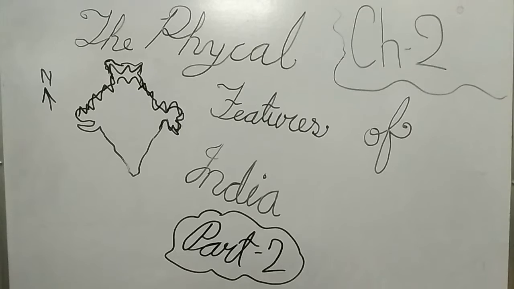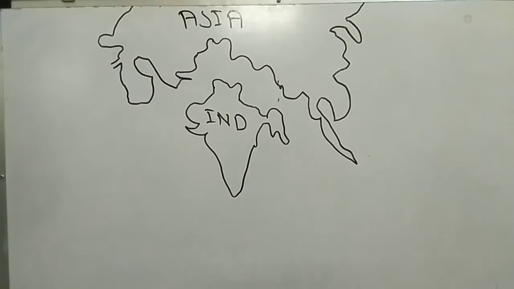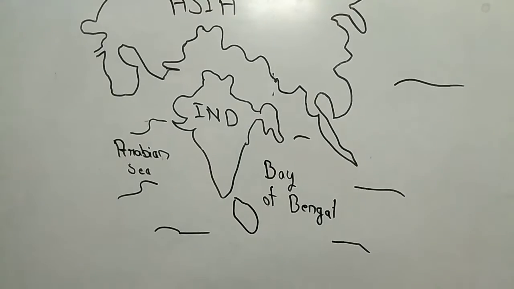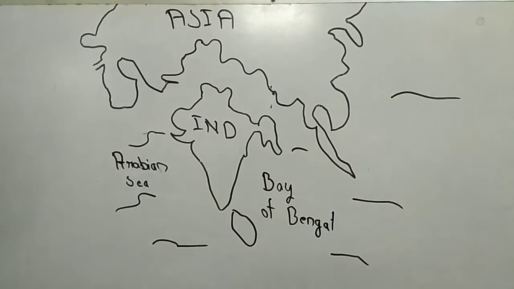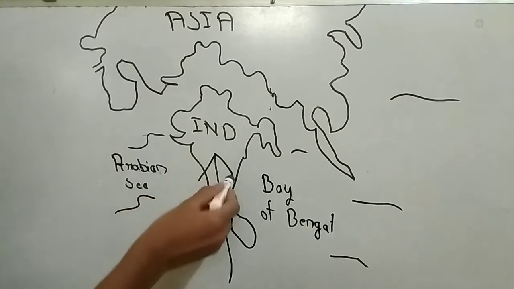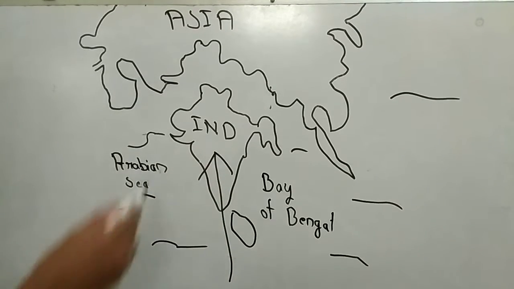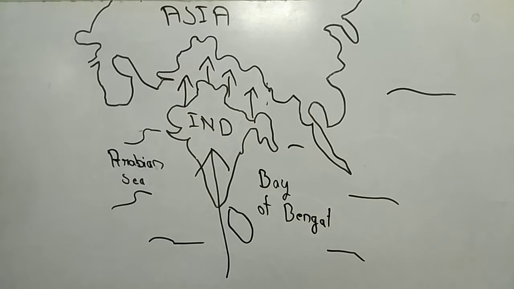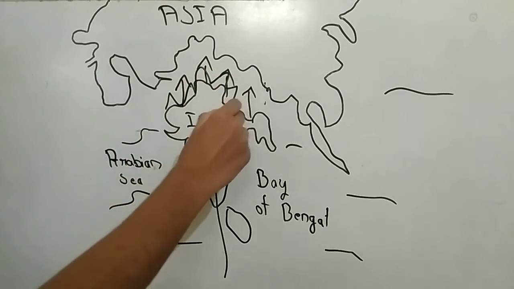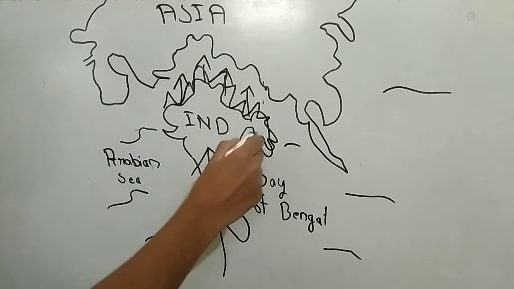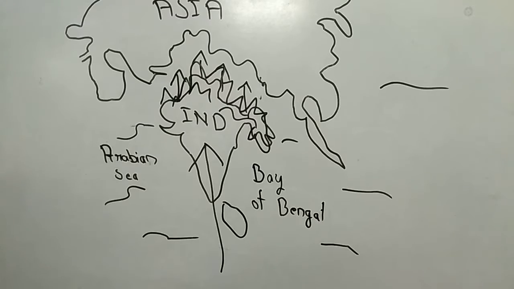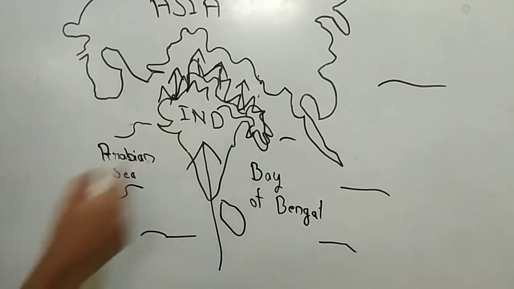Let's bring it on. This is the Eurasian plate and this is the Indian plate. Because of natural calamities, the Indian plate came up from Gondwanaland and merged with the Asian land. Therefore, huge mountains were formed, and this mountain range today is known as the Himalayan range. This is the theory of the development of the Himalayan range.